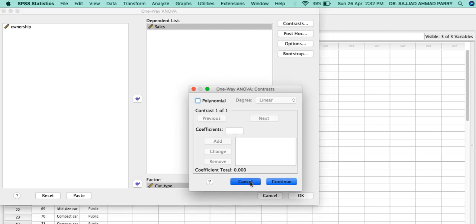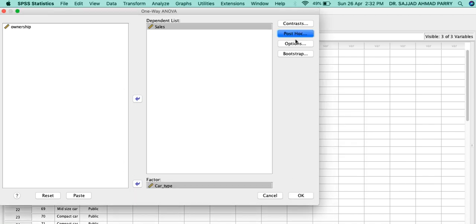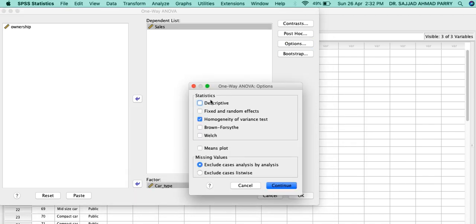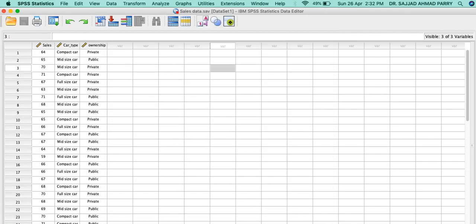In Contrast nothing we have to do, and in Post Hoc also nothing, we continue. In Options you can select Descriptives, Homogeneity of variance test, and Welch test also. Let us go for only the homogeneity of variance test. So Continue, then click OK.